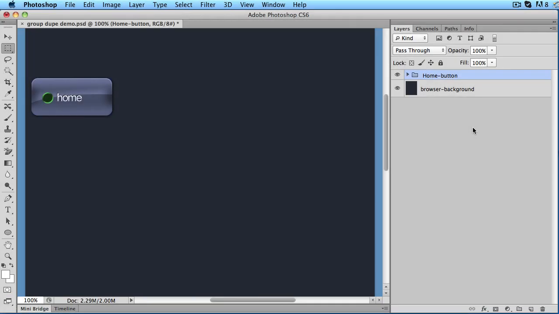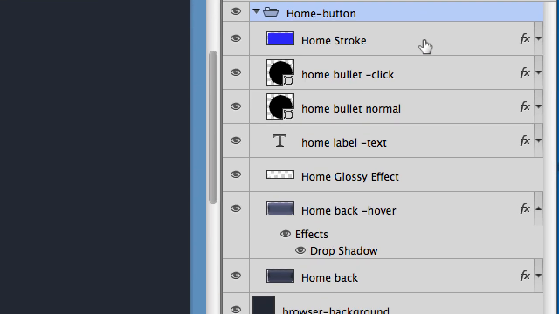Layer groups, the little folders in the Layers palette, are fantastic for organizing Photoshop documents. You can use them to collect and manipulate layers that fulfill a particular function. Here's a layer group with various parts of a SiteGrinder button for a web page. There's the button text, a background for the button, and a little icon. There are also alternate background and icon layers to use when the button is hovered over, and some extra design